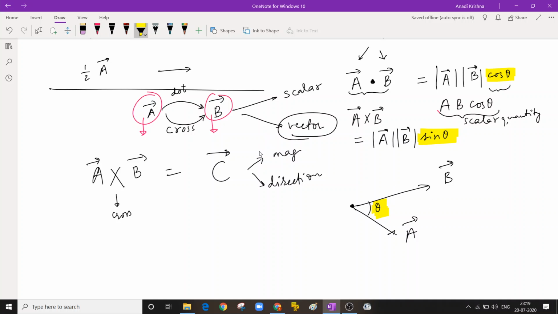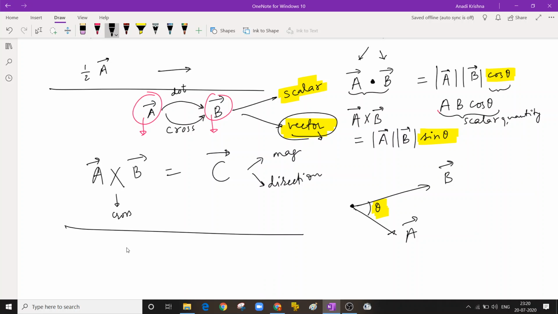So the important outcome of this video should be: you must remember that the dot product of two vectors is just a scalar quantity, just a number. It may have some unit, while the cross product of two vectors is a vector quantity. It gives you a new vector. You have to find both direction and magnitude to define this vector completely.